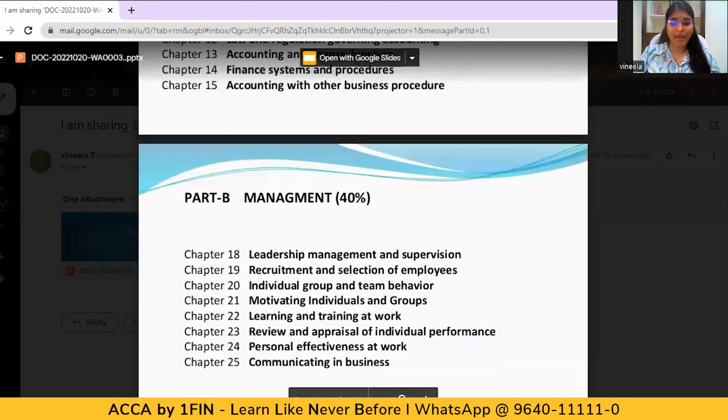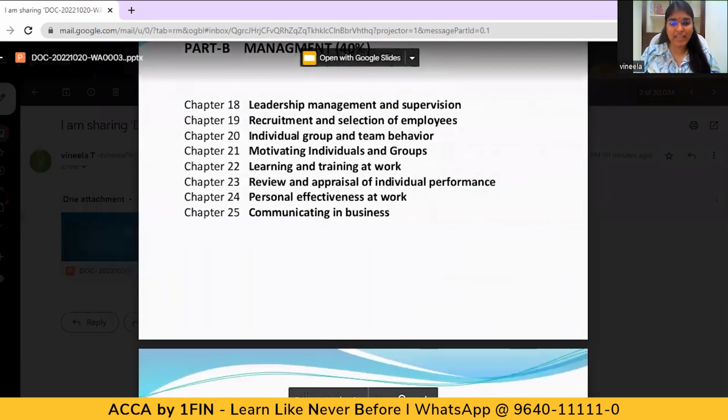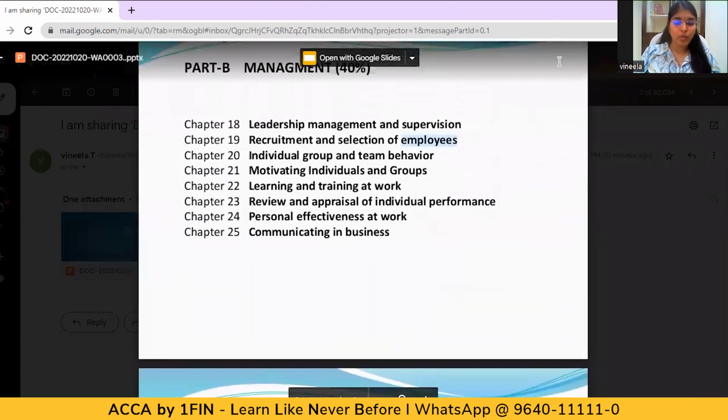Going to Part B, management, there were around 8 chapters in this part, from chapter 18 to 25. The whole topics relate to organization management, like leadership theories, managerial theories, recruitment, selection, and the steps in this procedure. And we'll see the behavior of individuals, groups and teams, motivating individuals, and the motivational theories,